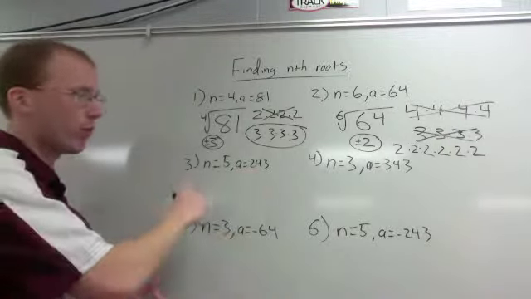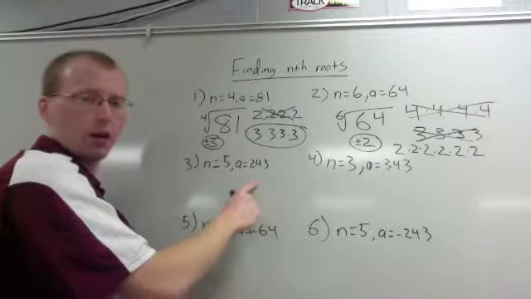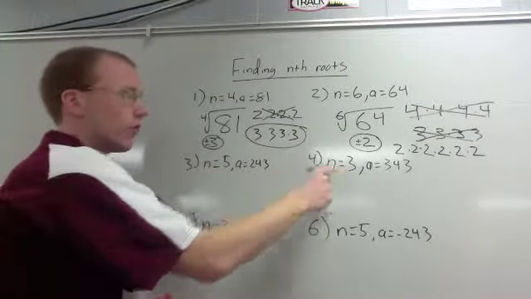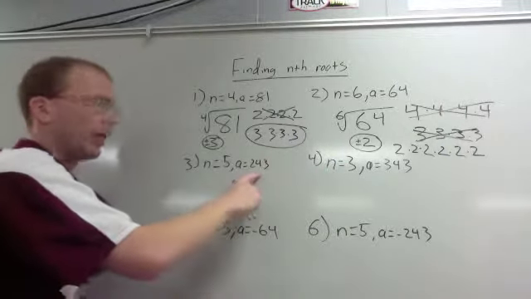Now let's look at 3 and 4. Here we also have positive numbers for A, but the roots we're trying to find are odd. So let's take a look at these. I have 240